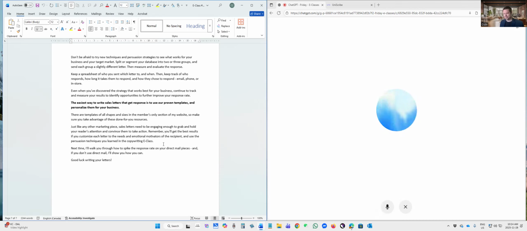Absolutely, we can. The beauty of these principles is that they're really universal. Whether you're drafting a formal sales letter, a quick email blast, or even a social media direct message, the core elements are the same. You're still identifying your audience, crafting a clear message, focusing on benefits, and using a compelling call to action. So feel free to adapt these steps and formats for email campaigns or even those social media outreach messages you're working on. They'll fit right in and help boost engagement there too.